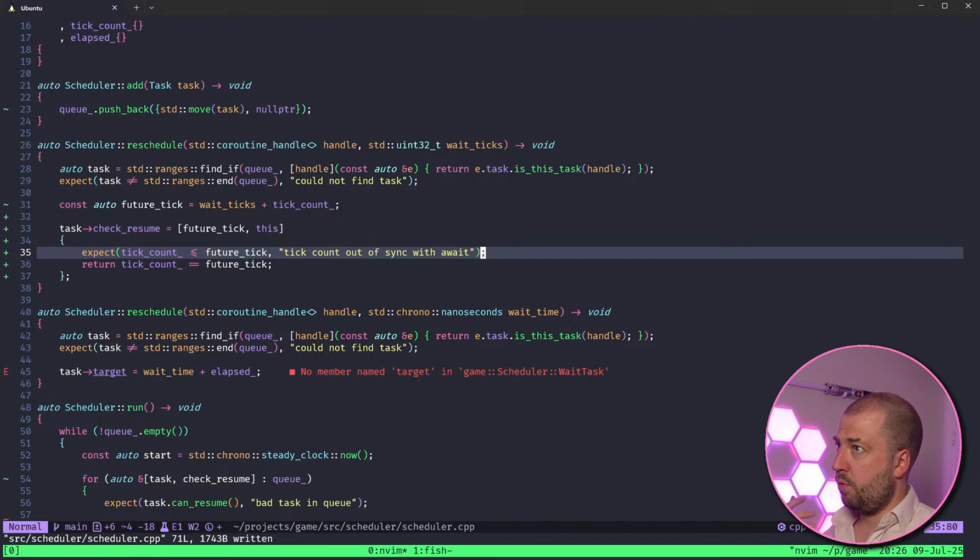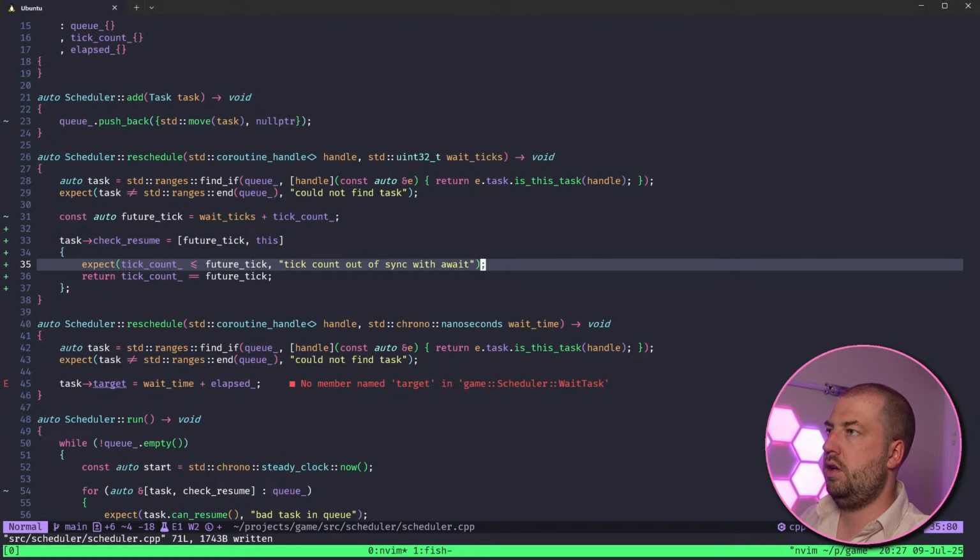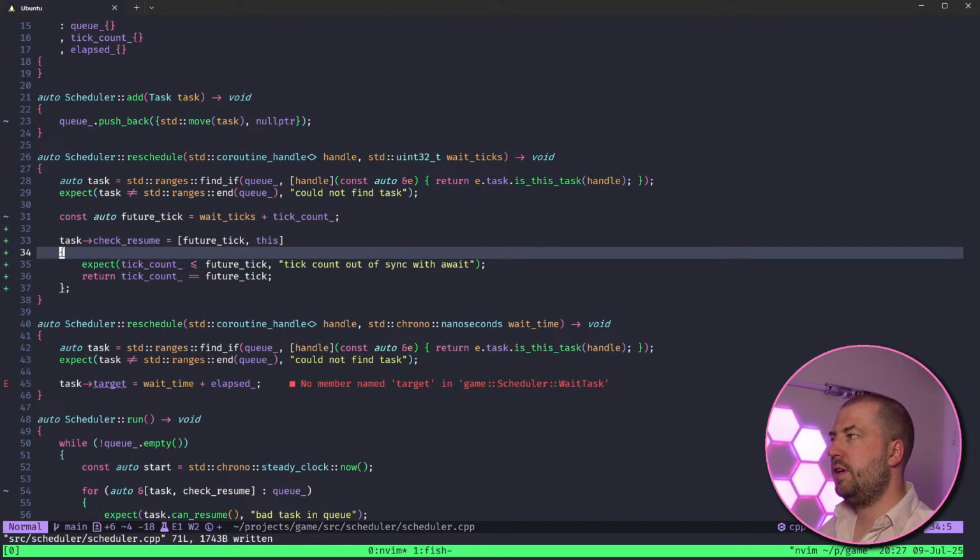We should never move more than one tick at once, right? Every tick, we should be checking every awaitable on every tick, whether it is its turn. Even if you wait for 3 ticks, it will still get called on each of those. Yeah, don't need parens. Get rid of them.